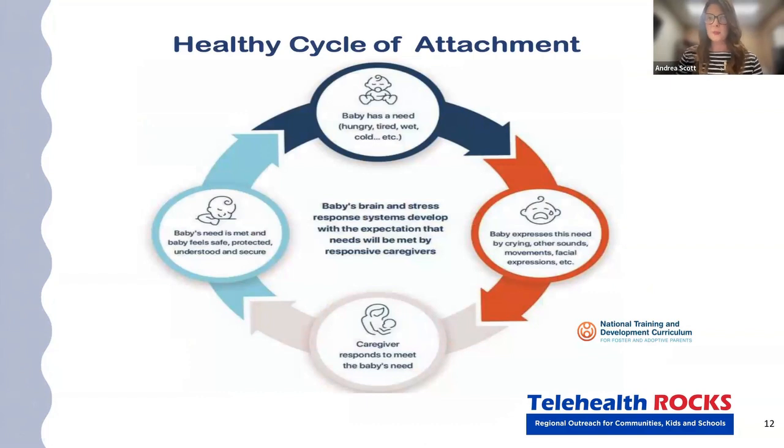So the cycle of attachment. Keep in mind the cycle of attachment, right? The activation of the sympathetic nervous system, the baby is crying, then the caregiver starts to settle down the baby when they meet the needs, and the activation happens. Oh, hello, there's some fireworks happening there. And then their activation of all of that is happening.